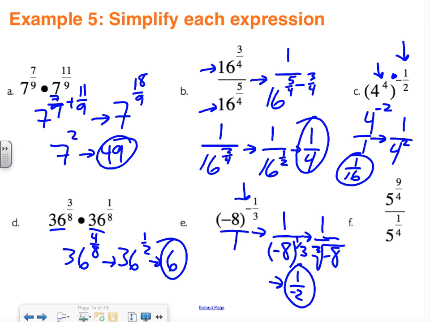Last one, piece of cake. Use the quotient rule. These fractions are exponents, the bases are the same, so that's going to allow you to subtract the exponents to combine these. Since 1/4 is the smaller one, that's the one you want to move, that's the one you want to subtract from the 9/4. So the first step would be 5 to the 9/4 minus 1/4, which would give you 5 to the 8/4, because 9 minus 1 is 8. Then you can reduce the fraction 8 over 4 to 2, and then 5 squared is just